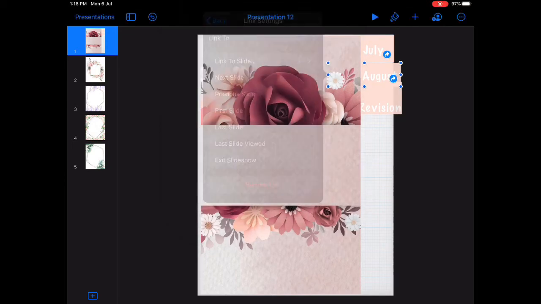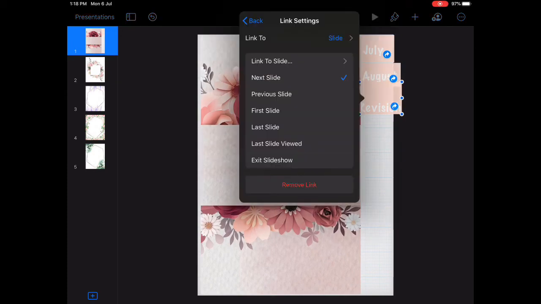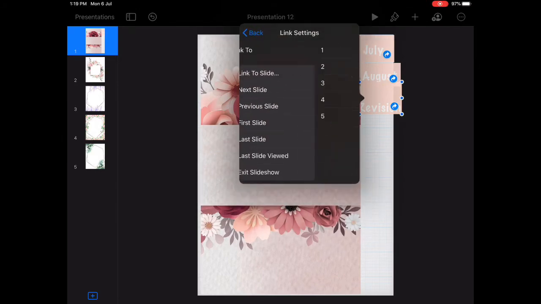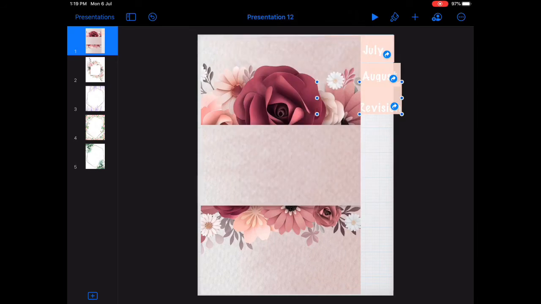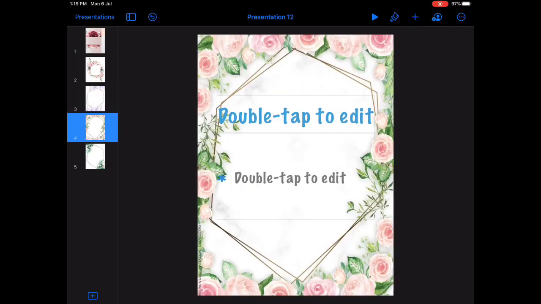That also you can link to slide 3. This one also we have to link to a slide. Link to slide 3. So this is how. Now you just click here. You will go to slide number 2, then 3 and 4. Now let's see what will happen.